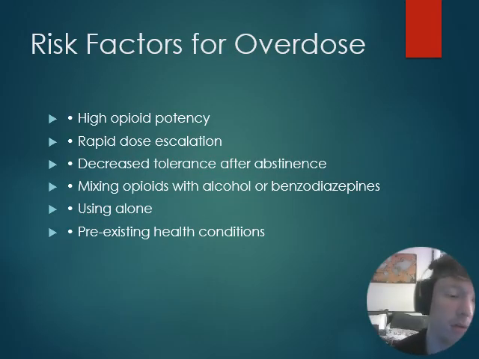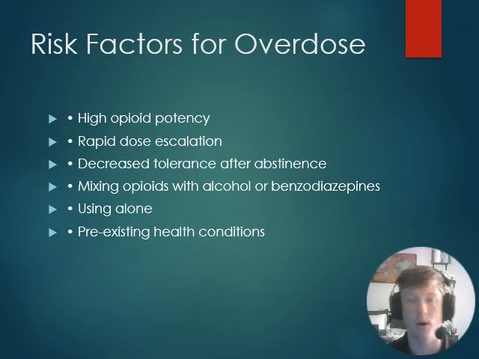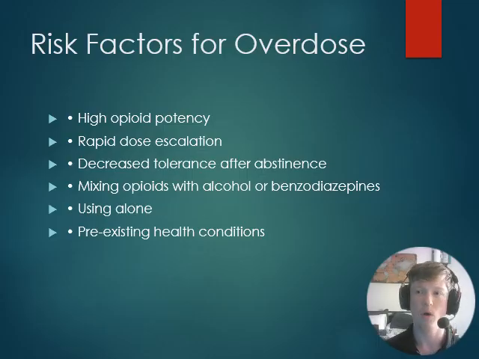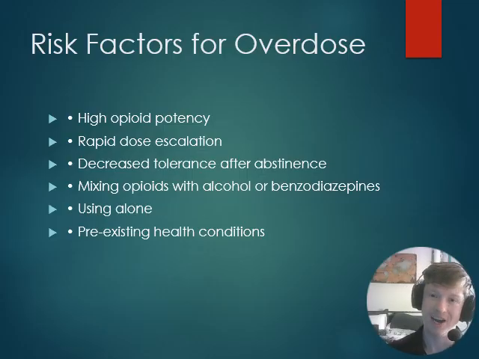So some of the risk factors for overdoses is high opioid potency, which this applies to both the patient and the provider. So anytime that you're on an overdose scene and you're dealing with someone who is overdosed, always be extra careful and be extra aware of your surroundings. So if you go into, we'll say, a known house or a known residence that drug users live at, it's common that opioids occur there. Be very mindful of how you position yourself. Be very mindful of where you're putting your equipment down, where you're putting your bag down. Make sure that you have all the PPE necessary on to ensure that you don't accidentally ingest any of those substances.